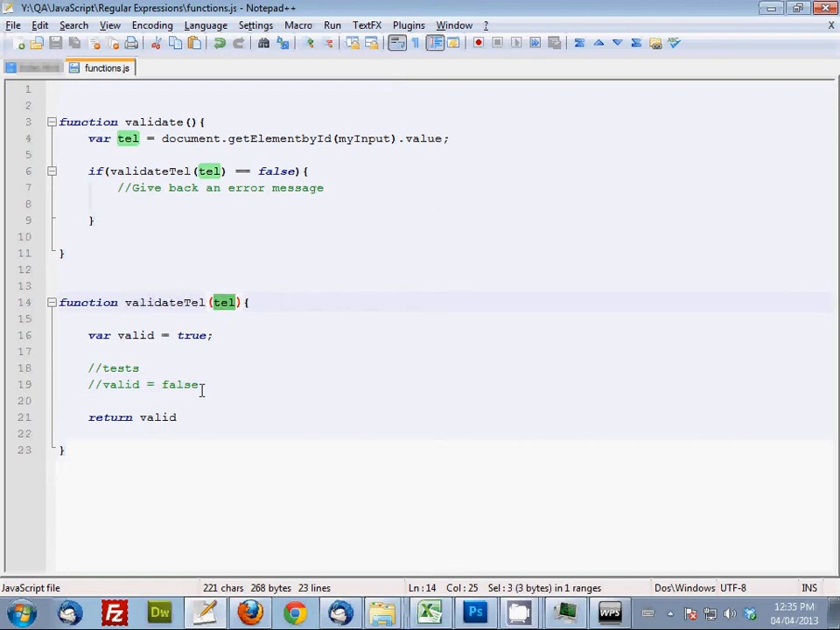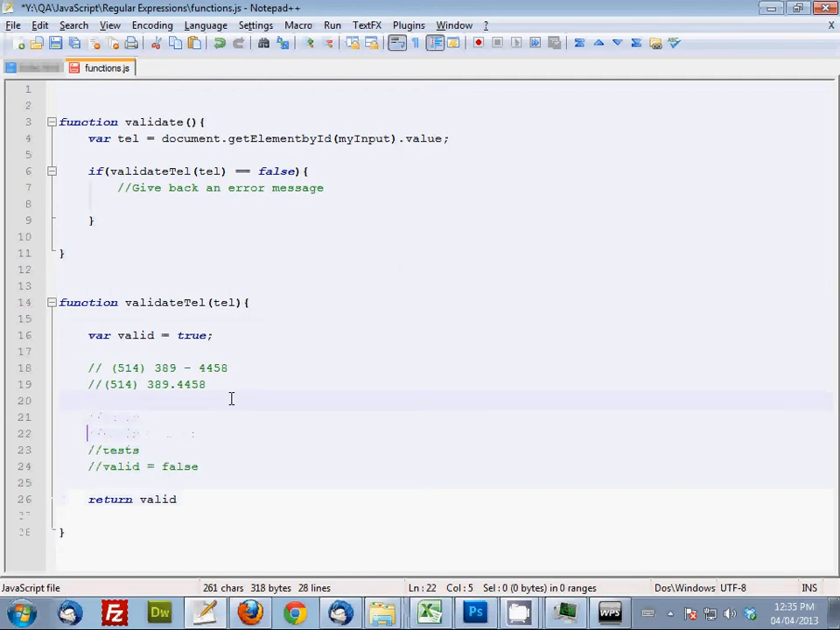So let's see. We know that telephone numbers could have sometimes brackets, right? Could have spaces, could have dashes. Yeah? Or sometimes people will write it with dots. So first of all, what we're gonna do is get rid of all those characters that are not numeric. Okay? So I'm going to take telephone